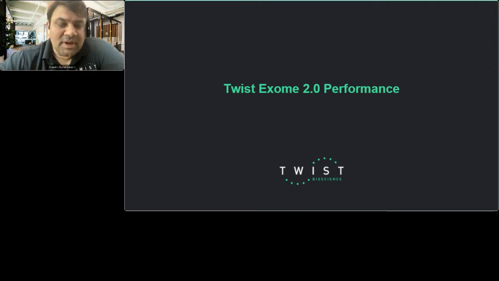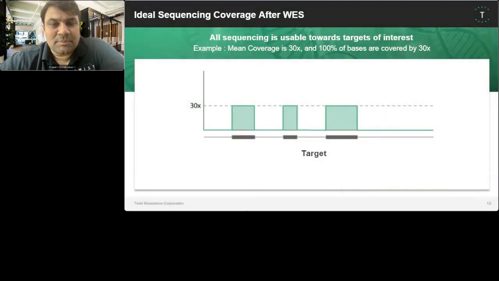And ultimately, the proof is in the pudding. So let's take a look at the performance metrics of the Twist Exome 2.0. Before that, just a few pointers to bring everyone onto the same page. Essentially, the whole point is to achieve